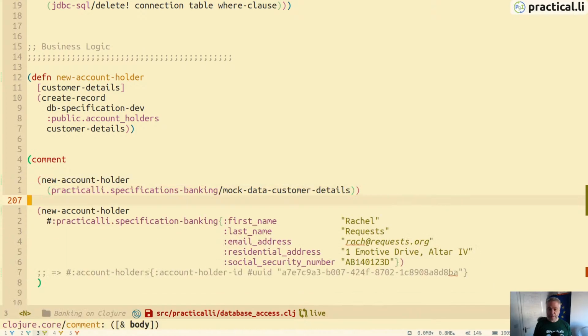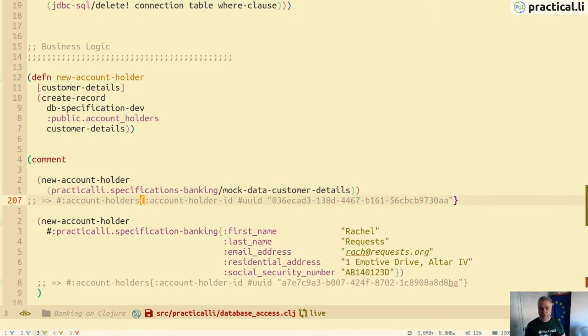There we go. Oh no, wrong one. There we go. So we've got the account holder's ID, which is a UUID of a very long number, and we can see that it's returned a qualified map, which is good. Unfortunately, the qualification is not the same as our original namespace that we used,